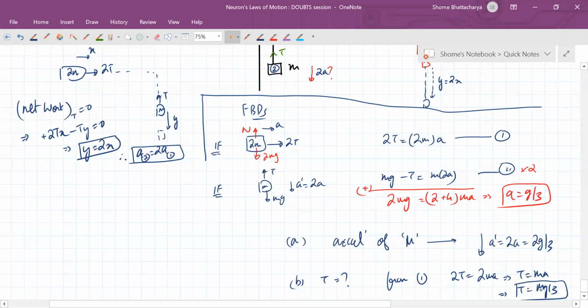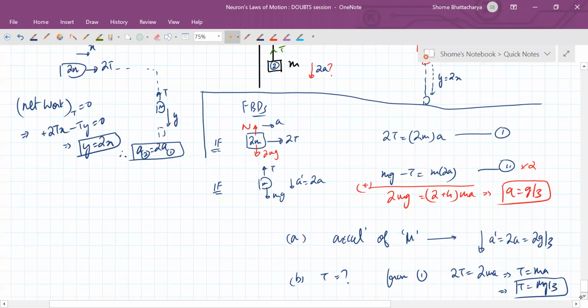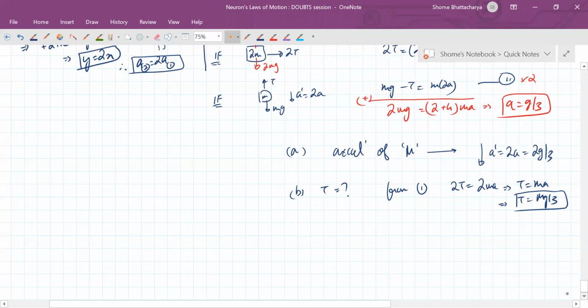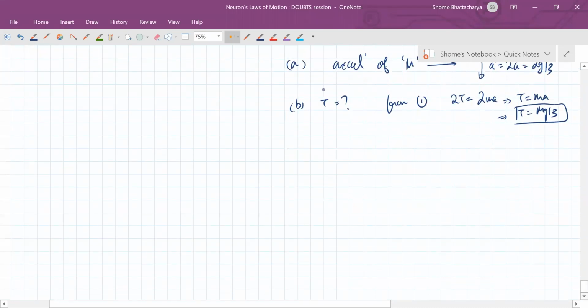And the third part, you have to find the net reaction force on the clamp. We'll just wind up a couple of more minutes. We'll finish this question and wind up. We won't be able to cover the module doubts today. We will take them up in the lecture in the week. This week's lecture also we'll discuss doubts only because we are done with theory of Newton's laws. So before we start with friction, we'll finish all the questions and everything.